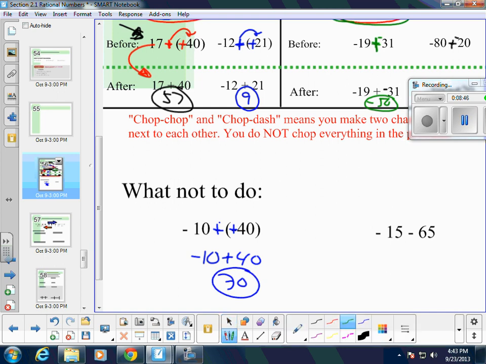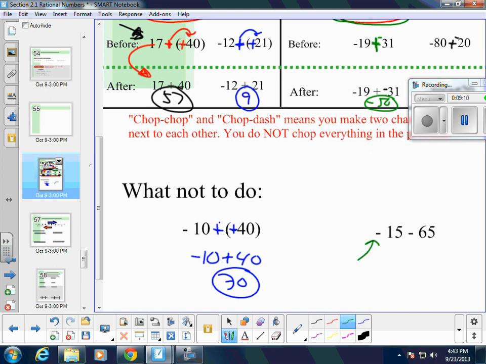I'm going to show another common mistake that I see. I talk about chop, chop. So some students will go, oh, chop, chop. And they make those both positive, and then they just add those two numbers together. In class, I'll ask, but what's wrong with that? That's not what you should do. What's the problem with that? What's my mistake? And students will usually be able to figure out that I'm not going to chop that negative 15